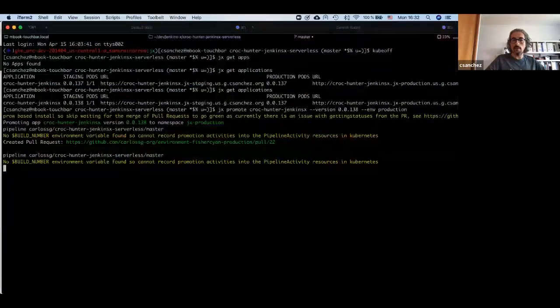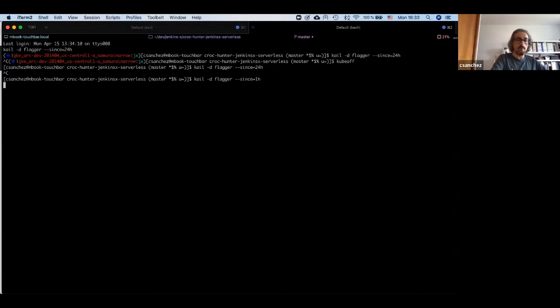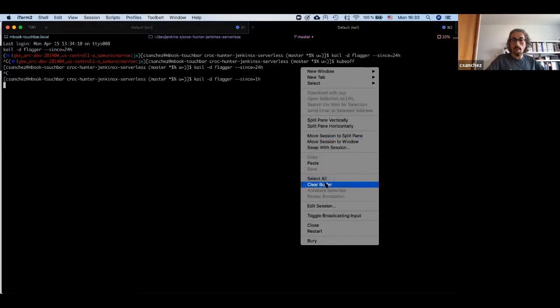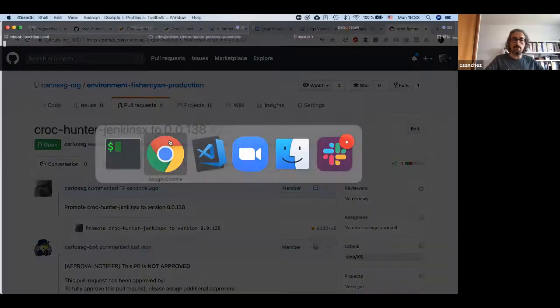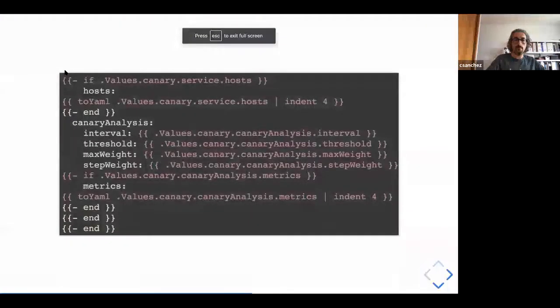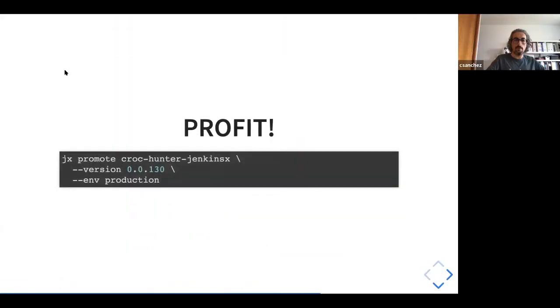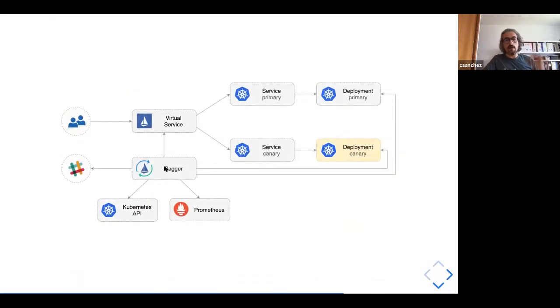What's going to happen, and let me show it here. When this gets deployed to production, to the production namespace, Flagger is going to detect it and act on it. So this I already showed. I have promoted Croc Hunter to whatever version I want, to the production environment, and this is going to do the Canary deployments. So what Flagger is doing,